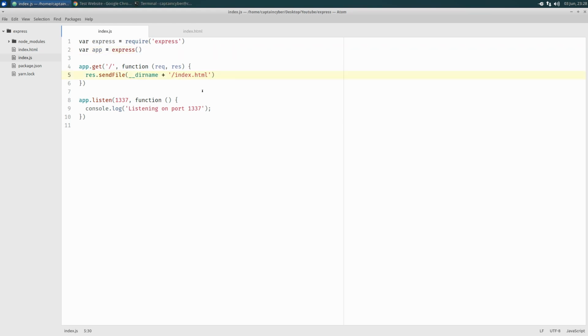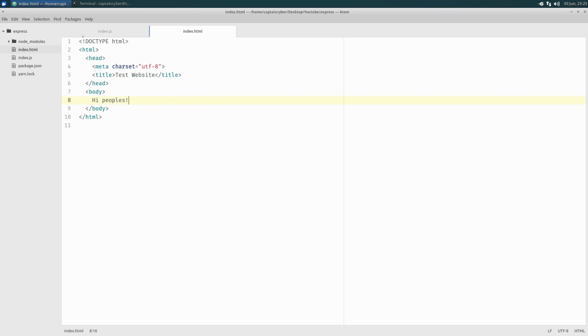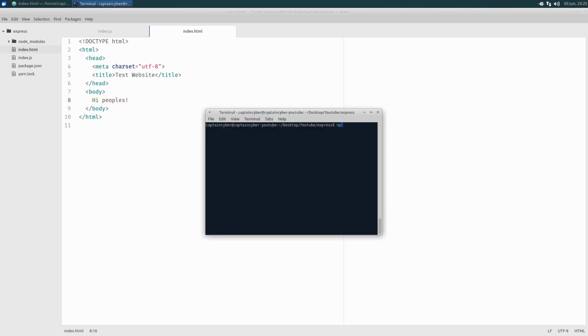One more thing you need to do is that the path right here for res.sendFile has to be an absolute path, not a relative path. So you can't do just index.html and expect it to get this index.html here. Instead, you can do __dirname, which points to the current directory, Express, this directory here. It gives the absolute path, plus /index.html, and it will actually get the index.html right here. Now we can run npm start,